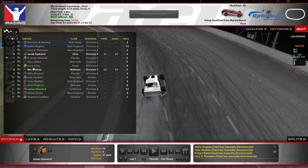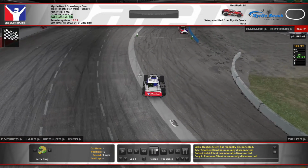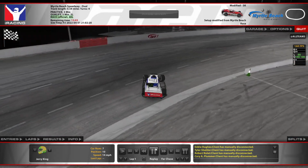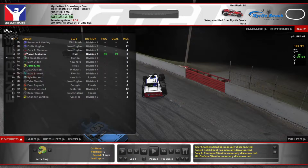So let's watch it from the 7's perspective now. I think this is where he ended up pulling out in front of the 2. Yeah, he tries to turn around and goes up the track and just stops. So from the 2's perspective,